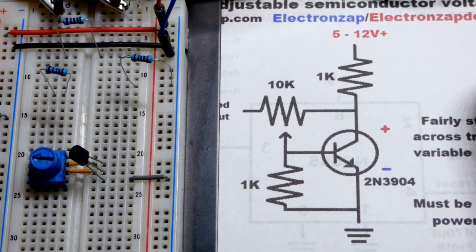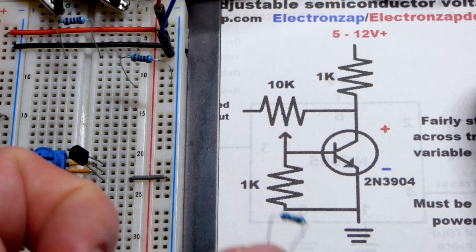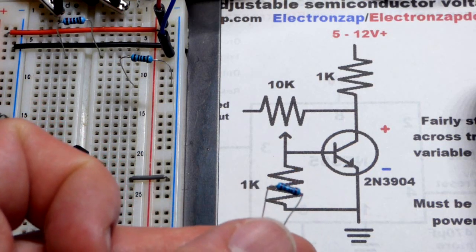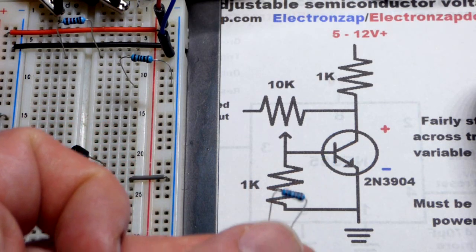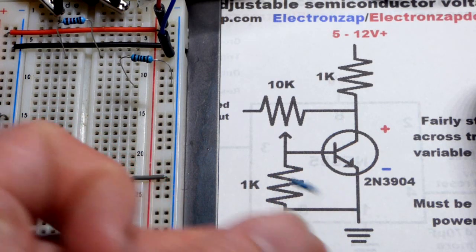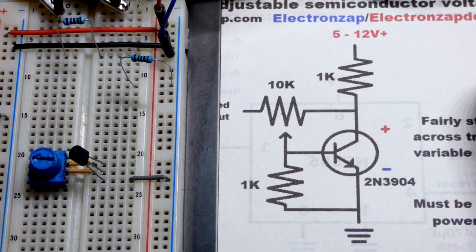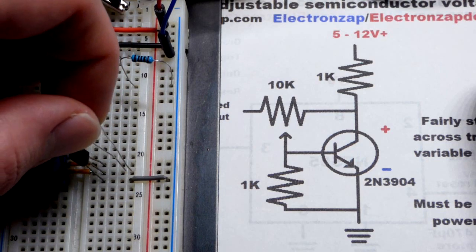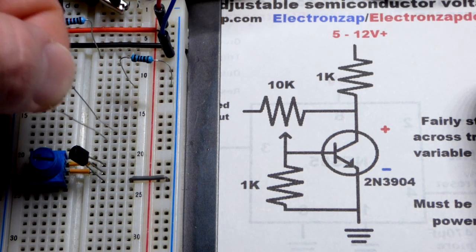So after we add another resistor, the 1 kilo ohm resistor, this is 1000 ohm, we're going to go from the base to the negative rail. So that will give us a voltage divider there. And so instead of using the trimpot by itself as a voltage divider,